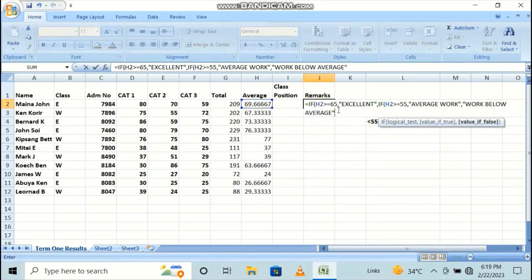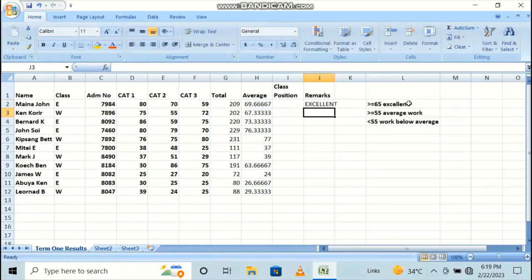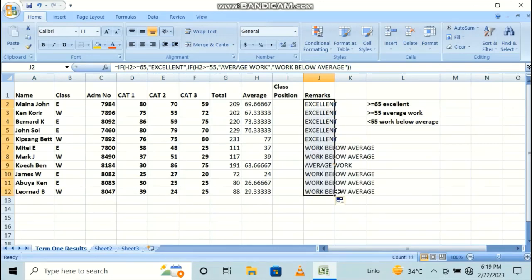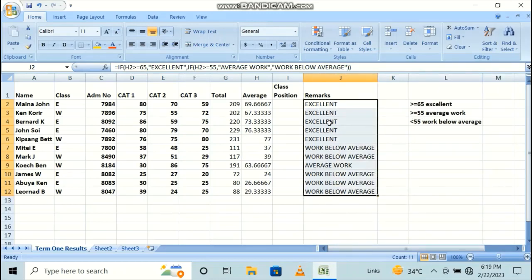Then to close the brackets, you count the number of IFs. You have IF 1, 2, so you have 2 IFs. You close twice, 1, 2, then you press enter. There you go. So then you tag here and then you pull it down. Then we have our remarks. Now the next question asks